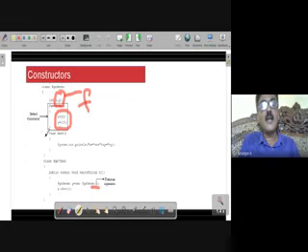A constructor is a special method whose name is same as that of the class, having no return type. There is no return type here, similar to this show. Show has the word void, that's the return type. There is no return type in front of this method.